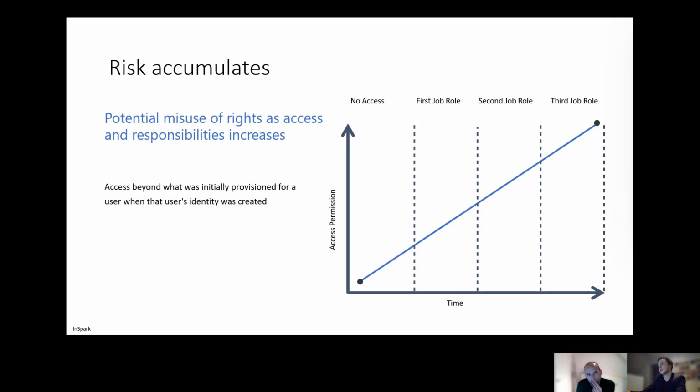And that makes sure that, let's say you always start with no access. Then you start in your first role within a company, which is junior finance employee, which gives you just access to 2 or 3 groups out of the 10 which you have.